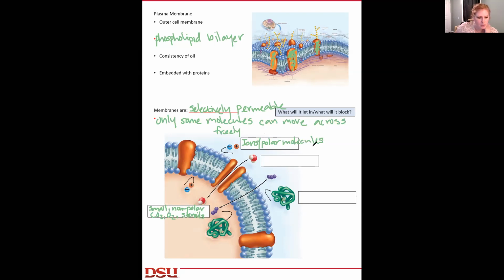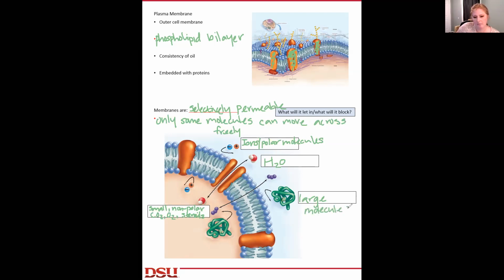So are things like, actually, this one should have been polar. I'm not really sure why when I'm looking at some of these have been written the way they have. Ions, polar molecules, things like water, and something that's large. Large molecules tend to need some help